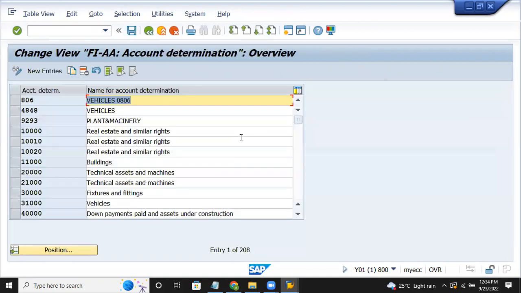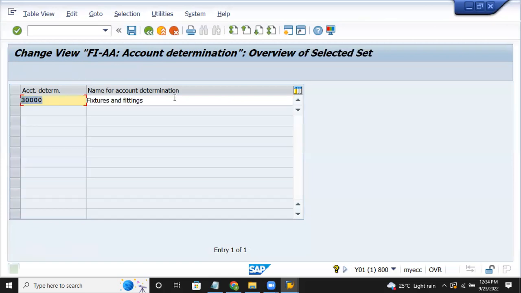For example, I just want to purchase furniture and fixtures, nothing but furniture for my organization. So select the row. So whichever fixed asset you want to purchase, you can copy it. So I just want to go for furniture and fixtures. So I am selecting the row 30000, copy as. Now whatever standards are there, it will copy to your code. So remove 3000000,